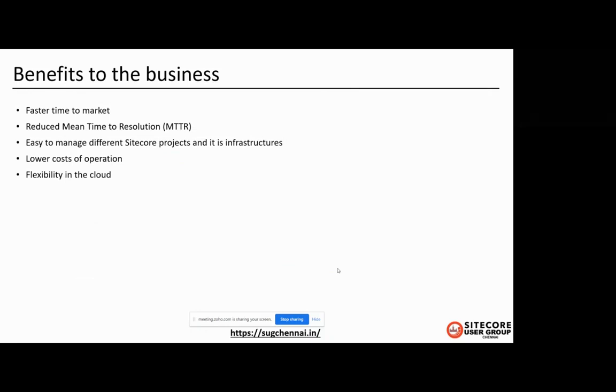Then low cost of operation. Fewer resources are required to run the containers on the host since the operating system kernel is shared. Finally, the flexibility in the cloud. Containers can easily move between different cloud vendors since everything is packaged along with libraries and dependencies. Here, no need to have cloud specific configuration. Okay, now we'll see